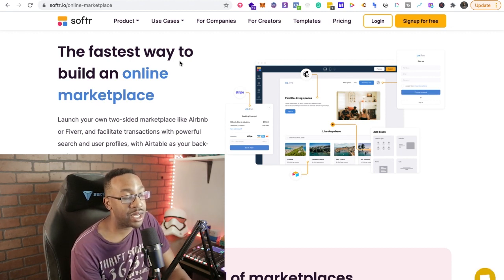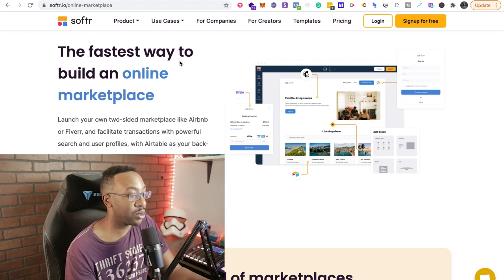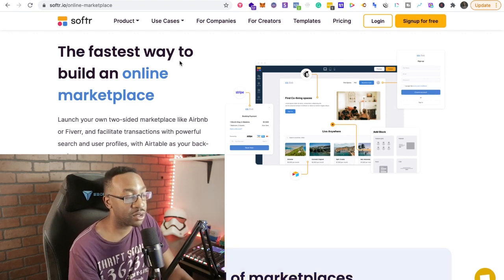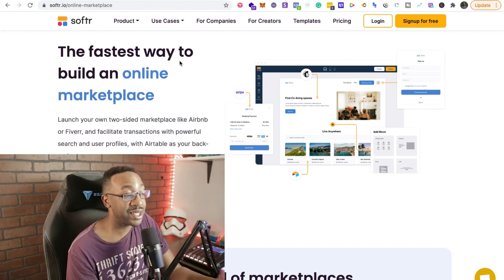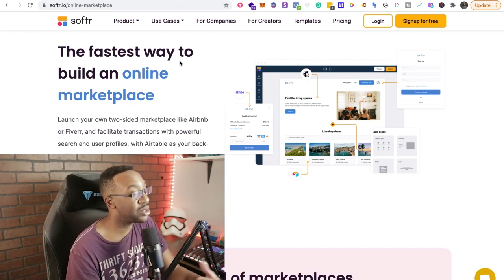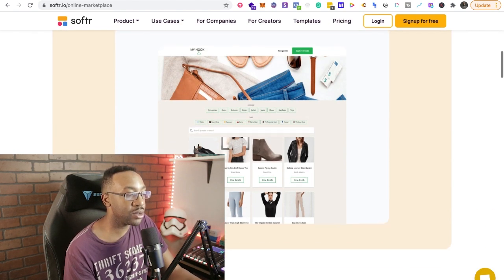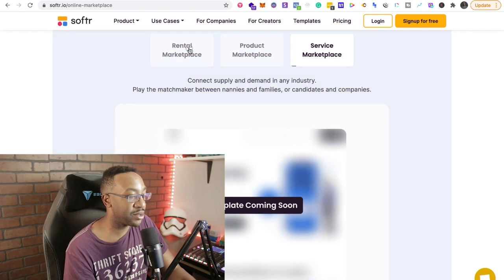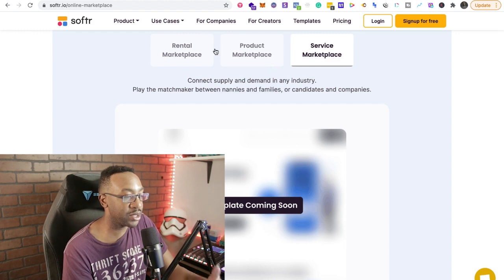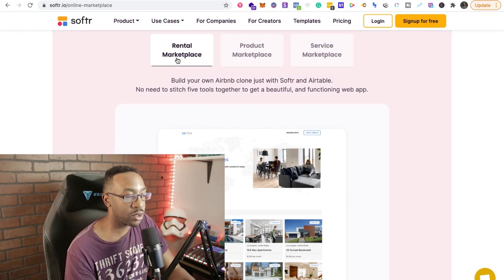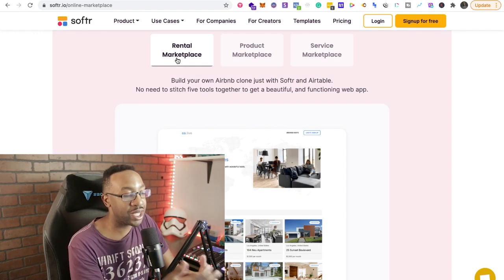Instead of creating a marketplace using ShareTribe or getting someone to create it with custom code, this allows you to create an MVP, a minimal viable product. In this case, it's a marketplace to test, do you have the right fit for your industry? Do you have the right supply and demand using a marketplace? This allows you to have a really nice looking marketplace, a rental marketplace, a service marketplace, whatever you're trying to have to get started to test.